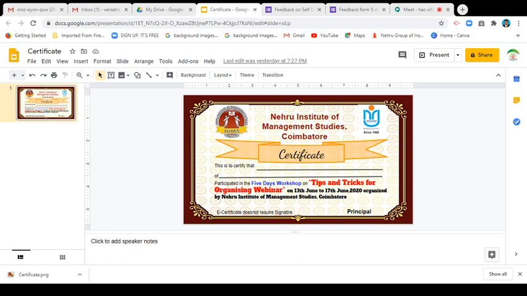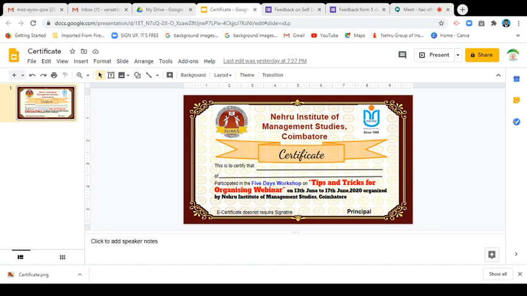Okay, so here you also make the margin 0. You can use this cursor to make it 0 margin. Otherwise, you click Margins and choose Custom Margins. You can make all the margin sides 0, because the image should cover the entire page. That's all. So now we are going to insert the image.